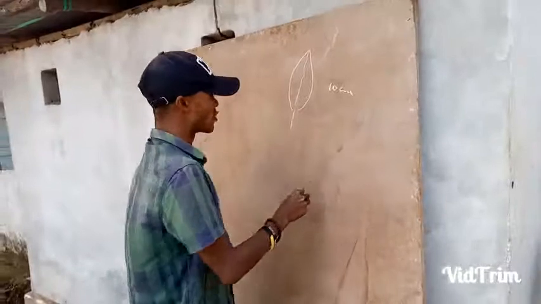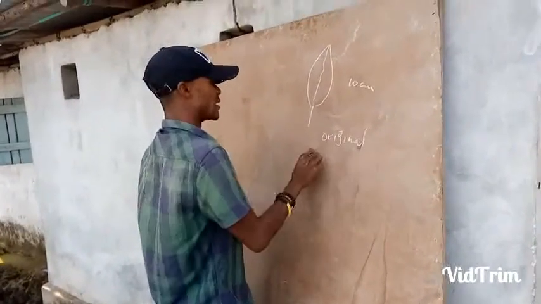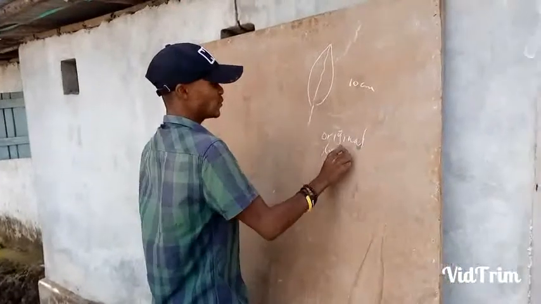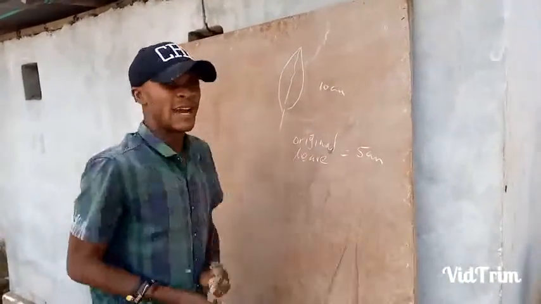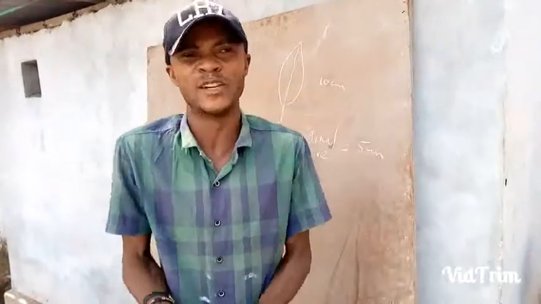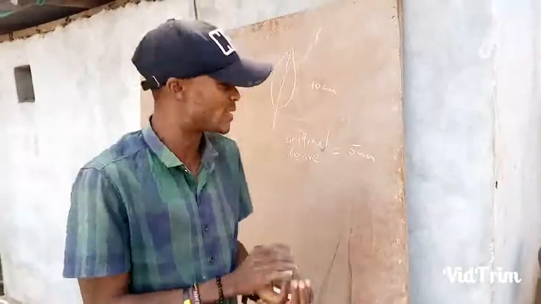Now what I will do is take the original leaf, the leaf that was provided to me. I also measure that. Let us say when I measure the original leaf provided, I will get something like 5 centimeters. If that is the case, that tells you that the leaf was very small as compared to the one I have drawn. When I want to get the magnification of this diagram,